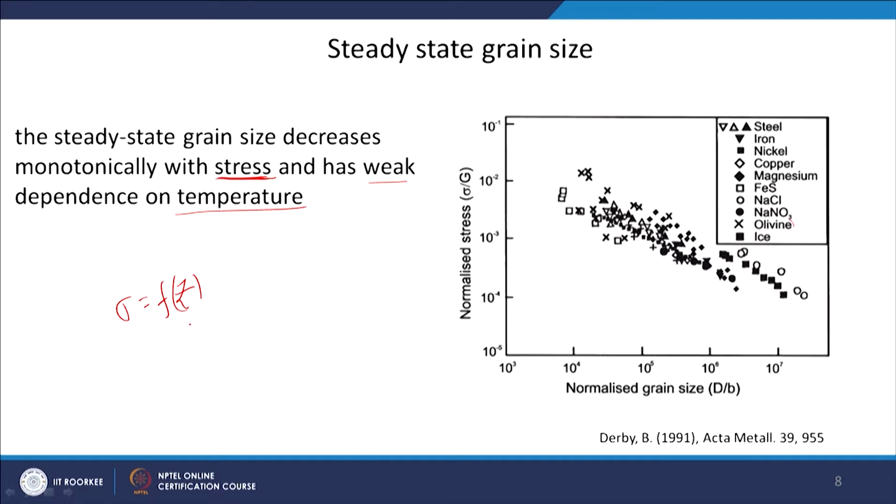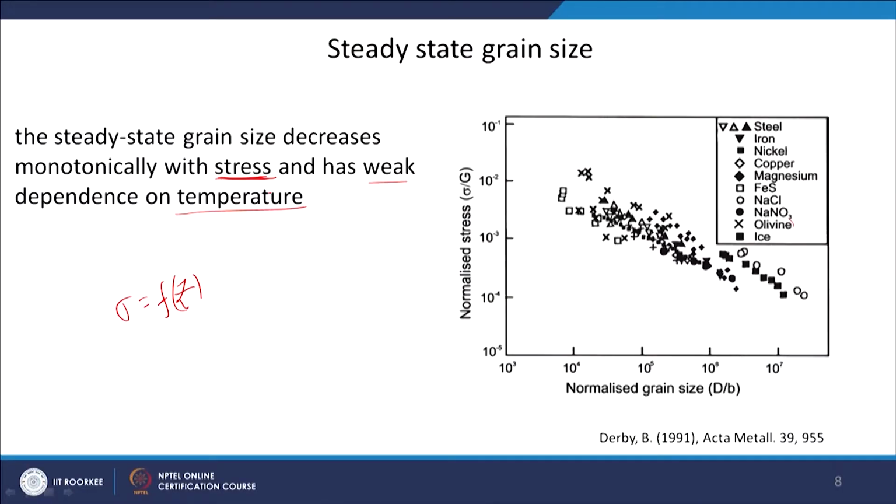So, more or less the things are the same: when stress, or you can say the Zener-Holloman parameter, comes down, your grain size is going to be more. And we also know that Z will be low at lower strain rate and higher temperatures. Of course, the temperature dependence is weak here, but still we can take it as a parameter. So, sigma low, Z low, means strain rate low, temperature high.